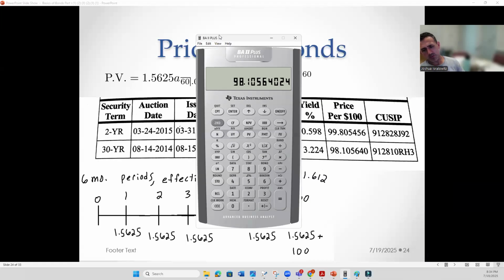So actually, because bonds are so important, there's a way to do bond calculations even more quickly. And there is even a bond button here. I don't know how useful that is, in my opinion. It can be useful. We'll go over it later, but